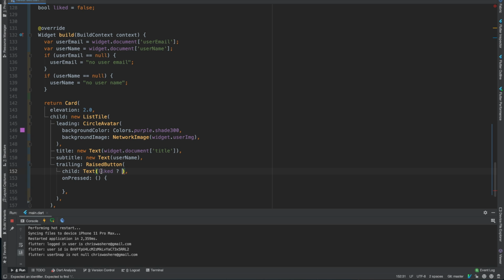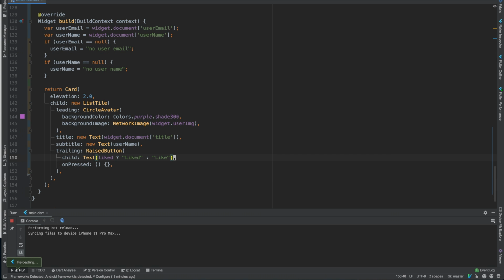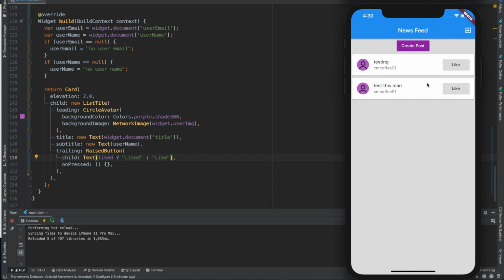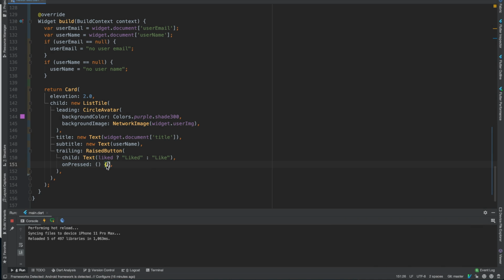So first you put the condition, and then if the condition is true, this is what you put next. So you put what you want to return, and if it's not true, like that. So it should show like still, because this is the false. This is true. This is false. This is the condition. Okay, so now when we press it, we want like to be. So if liked,